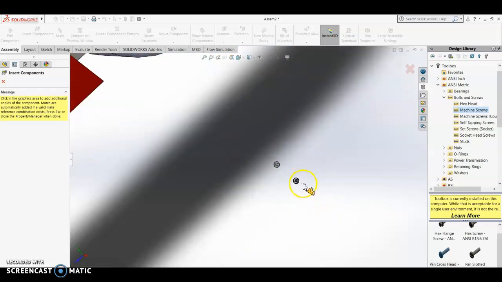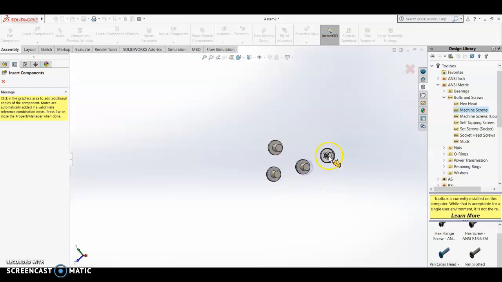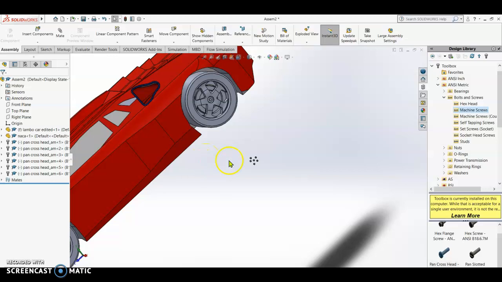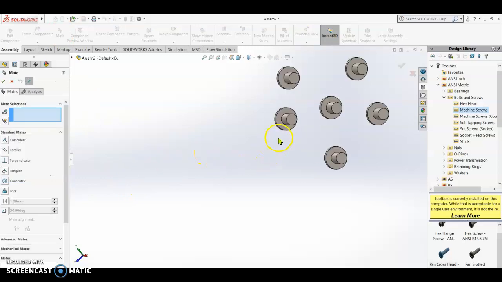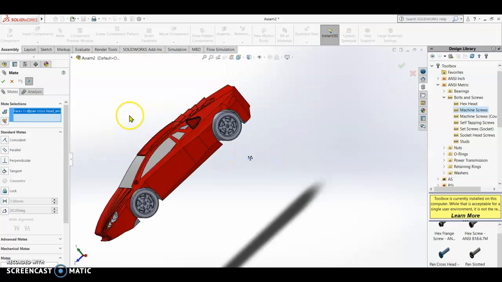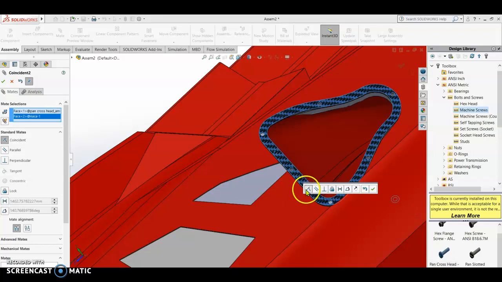So now we will tell you how many screws you want. You just click 1, 3, 4, 5, 6. So I have 5, 6 screws. So that's enough. All right. So we close it. Now we are ready to assemble. So we are going to mate it to the holes. Okay, to mate, we first select the inner flange of the screw and the surface of the NACA duct to the base. All right,